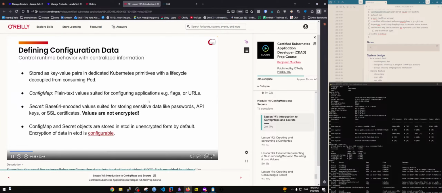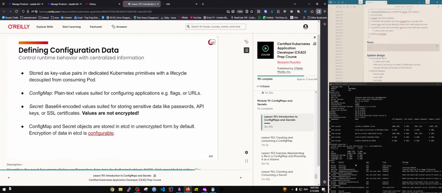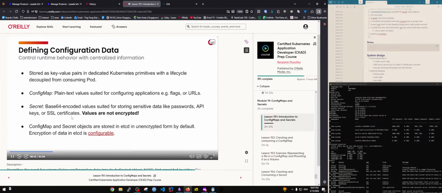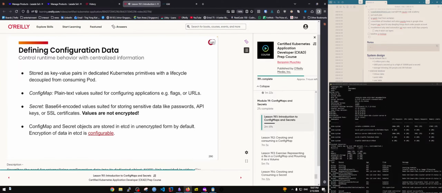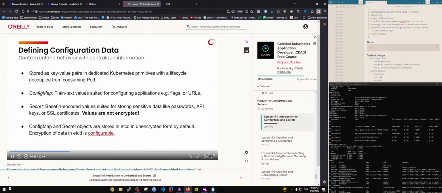In addition, the data that we want to store in those objects are represented as key value pairs. And they have their own life cycle simply because we create objects independent of the pod that actually consumes this information. Now, a config map is suitable for configuring applications with key value pairs in plain text representation. For example, if we want to provide connection URLs to external systems or runtime flags that will be evaluated by